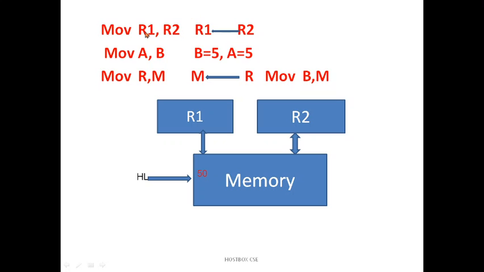So MOVE R1, R2 again means whatever the data in R2 will move to R1. That is the source and destination. It never loses or alters any data, it is just copying. Let's go for the next one.